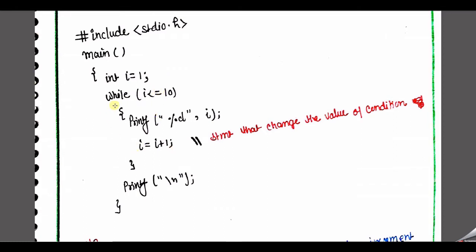Okay, now when we go to the while loop, what exactly happens here? 11 is less than or equal to 10. So what is the condition value? Right now the condition value is false. So where do we have to go? We do not go through the while loop; we go through the rest of the program, that means the next statement after the loop.